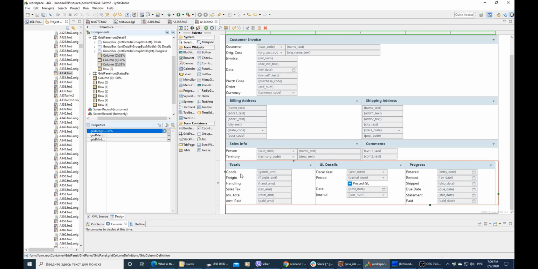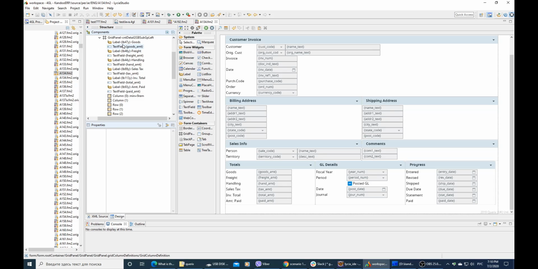At first I have to select these elements. It could be done in 2 ways. The first, I could select element by element on the components tree, and the second, which I am going to use, is to select these elements on the form directly. Select first, press Ctrl and then select all